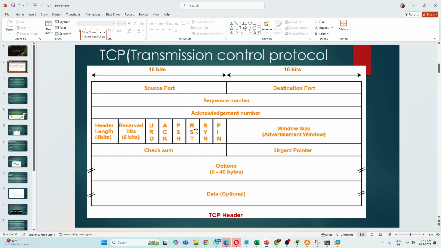Suppose who will control the TV? The TV remote. Who will control the AC? The AC remote. Similarly, the TCP session, the connection, will be controlled by these bits. Let's see how they control it, and what the window size and urgent pointer are. And this is just the payload. So let's discuss each and everything.